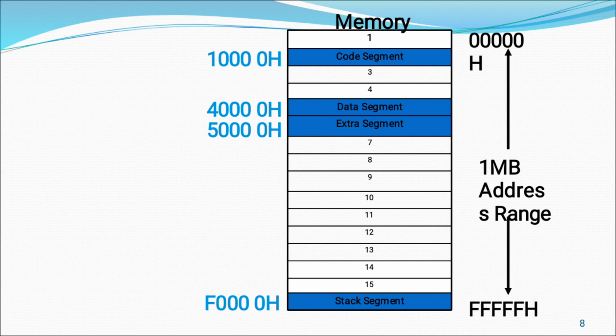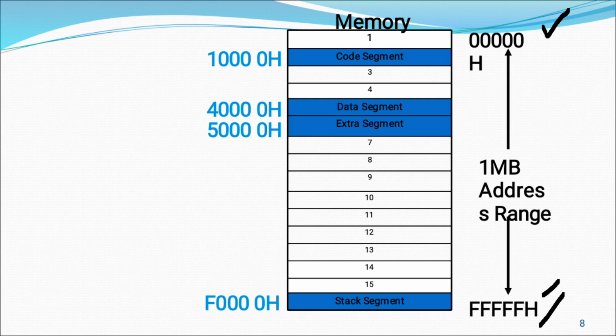So consider this is a memory. This is the starting address of memory. The starting address of memory will be 5 zeros, and here is the last address of the memory. The last address will be 5 F's. F is a hexadecimal digit, which means this is a 5-digit hexadecimal code. If we convert this 5-digit hexadecimal code into binary, it gives 20 bits. So the address is 20 bits, and that is why we have a 20-bit address bus.